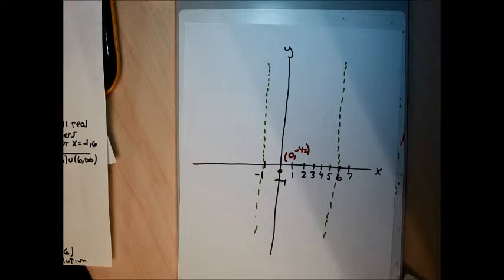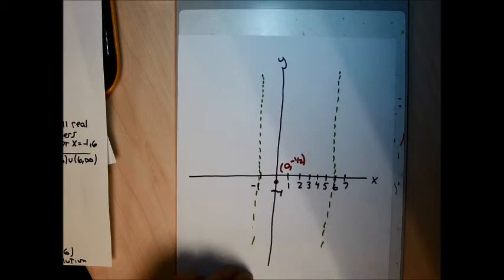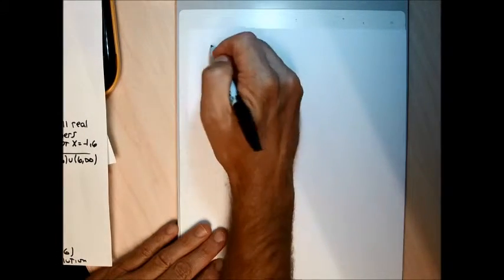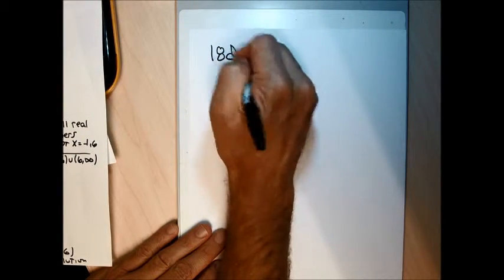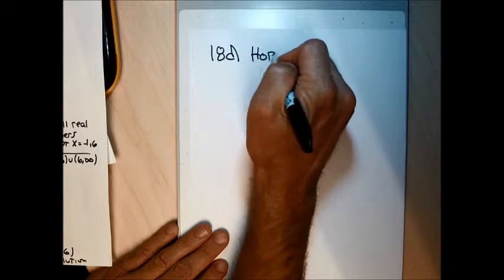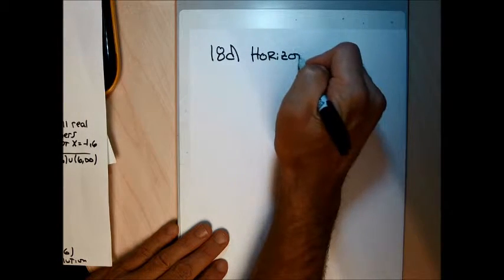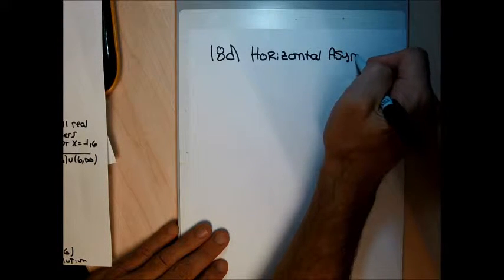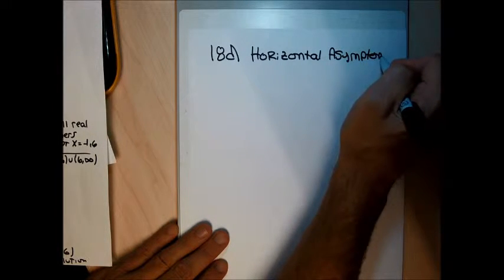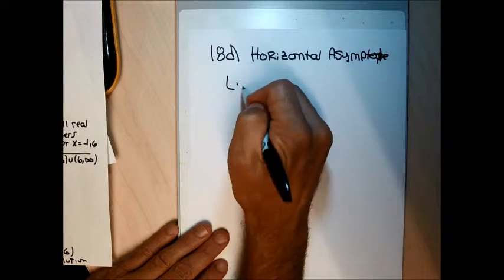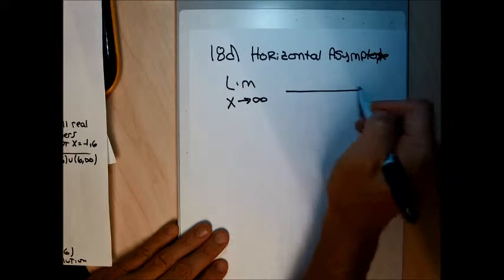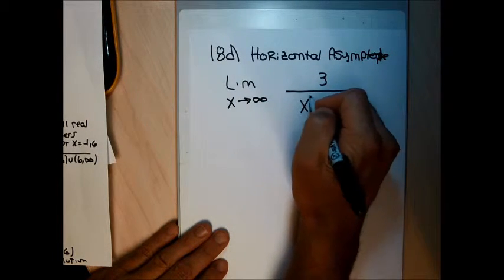Alright, so that's a bit of grunge done, but not the real grunge for this. Part D is the horizontal asymptote. So for 18D, when I go to find my horizontal asymptote, for a fraction, it's enough when you're finding the horizontal asymptote just to find the limit as x goes to infinity of the function. So I'm going to find the limit as x goes to infinity, and our function is 3 over x squared